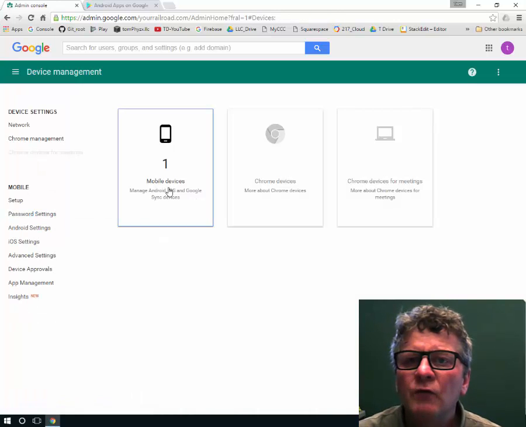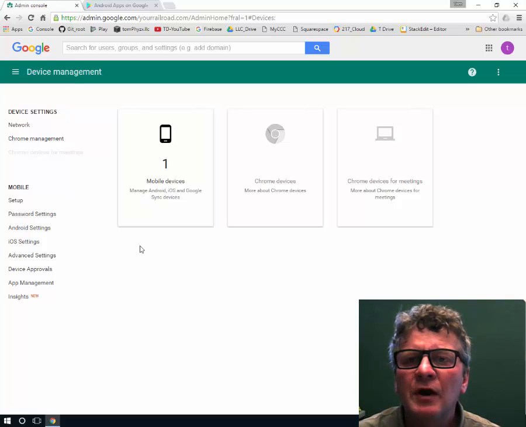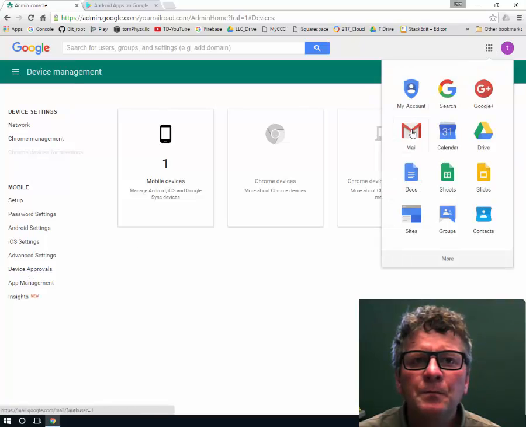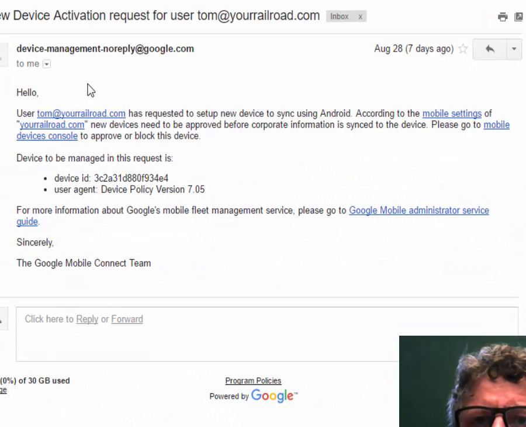You'll notice now that I have one mobile device that I am managing. This is because one of our testers has installed the software required to interface with the Google Mobile Management. It's been a back and forth process where device approvals were required and showed up under this heading when they were needed. If I check the email, you can see there is a device activation request that I received. When that was requested,